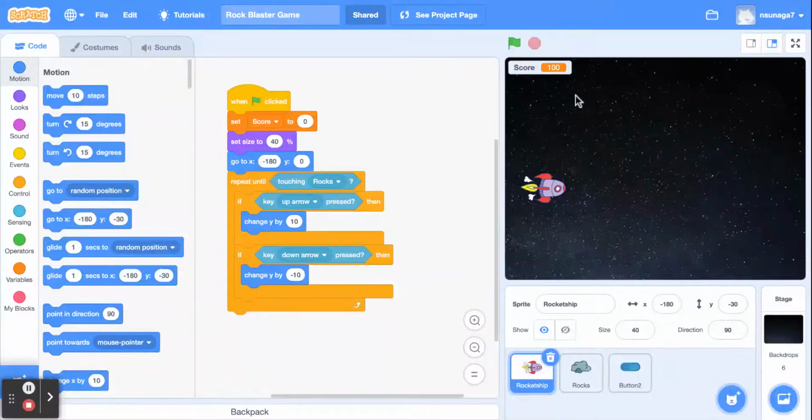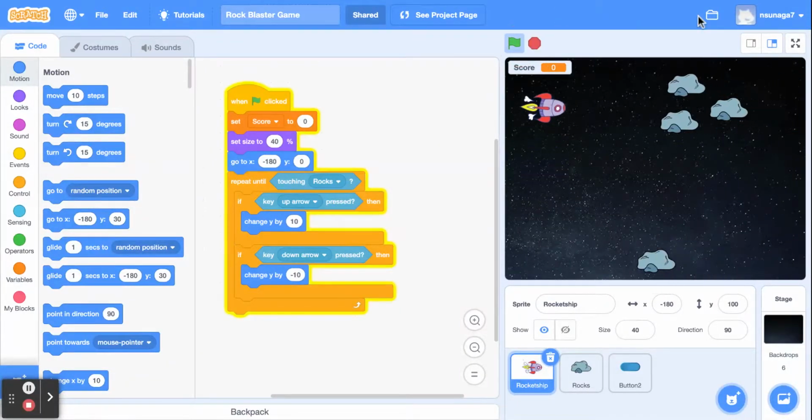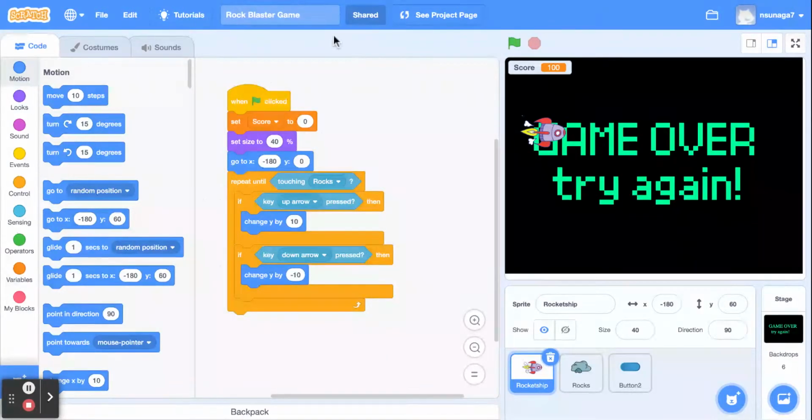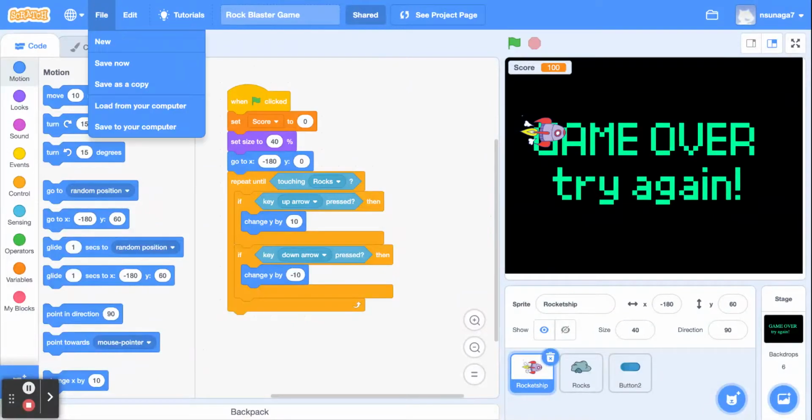Hi everybody, in this video I'm going to show you how you can create your very own Rock Blaster game using Scratch. So in Rock Blaster you have a spaceship, you have rocks, and you need to shoot or you die. So let's go ahead and get started. Go ahead and go to File, New,